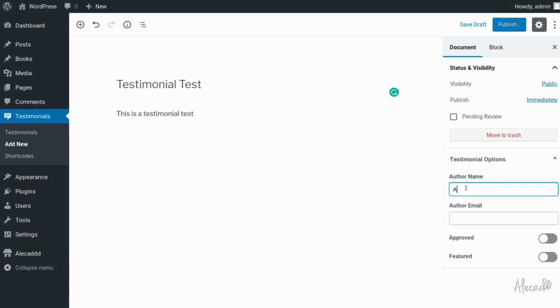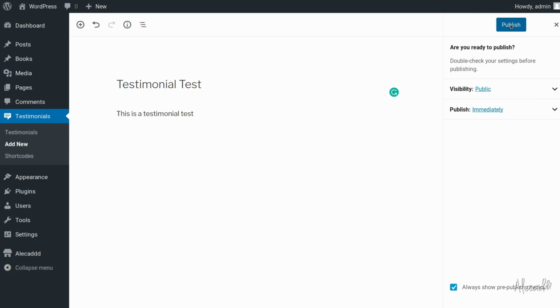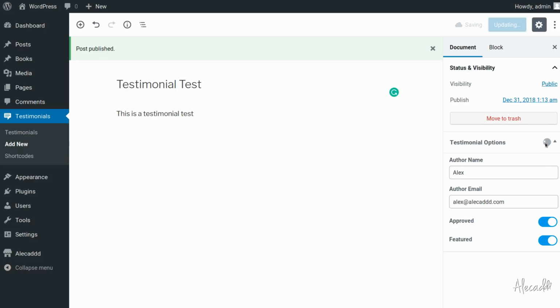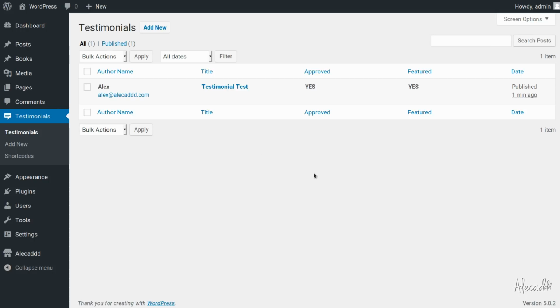So here I can write, for example, Alex, and then alex@alecad.com, whatever email, and then I want to check approved and featured, and if I save the draft, I don't have any error, and if I publish, and I publish now, look what happened. It's loading, the post has been saved and has been published, and if I go in my testimonial section, look what I have here. I have all my custom options stored, the name, the email, the approved, and the featured